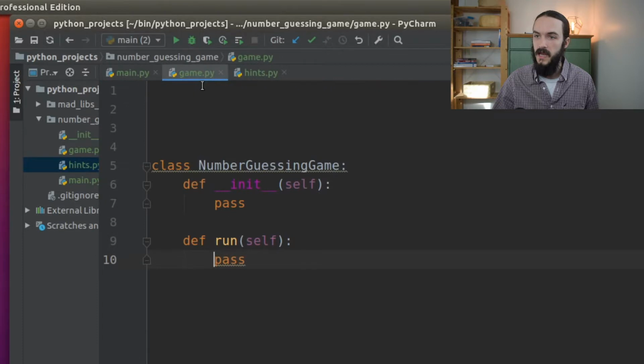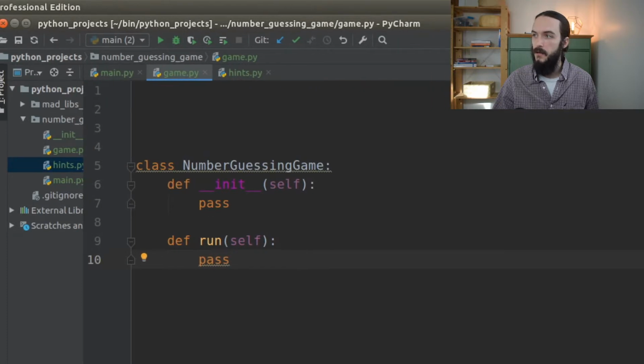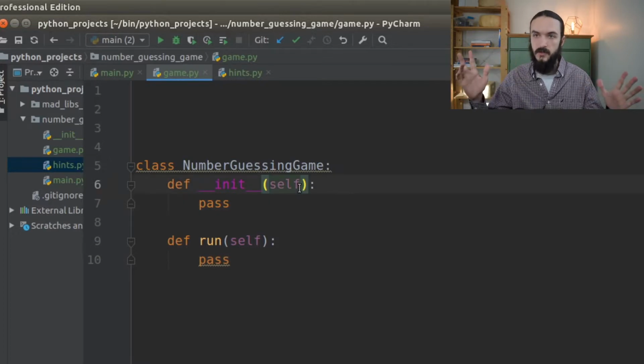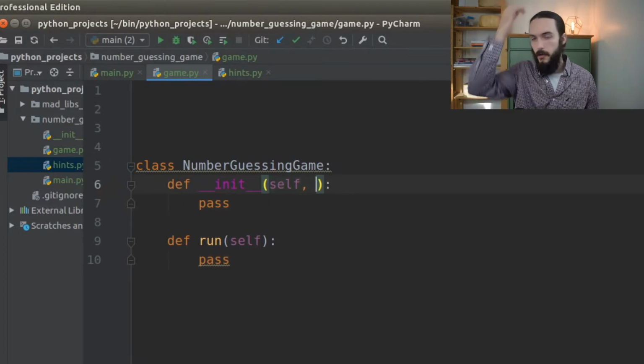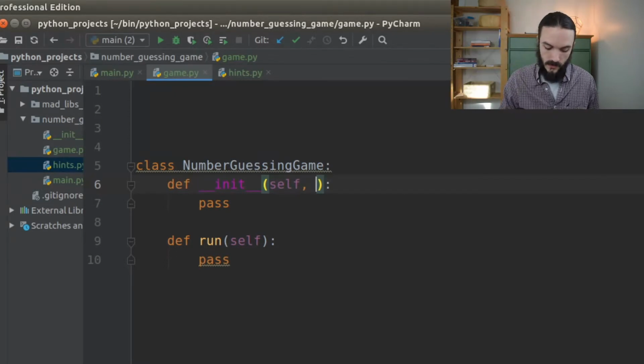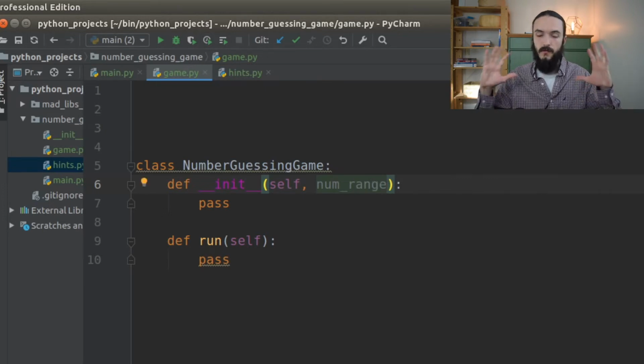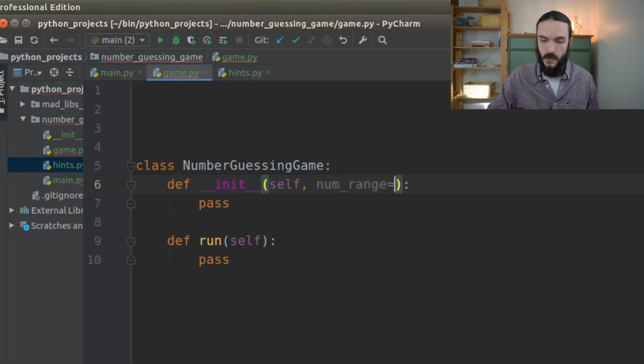Let's go back over to game.py, and in here, we need to think about the parameters of our number guessing game. The only parameter that I really want right now is the number range. This is the range of the guessing that we are going to be doing. In the example that I showed you, it was 0 to 100, and I actually want to just hard code that in. So kind of hard code it. We'll set it as a default argument for this parameter,